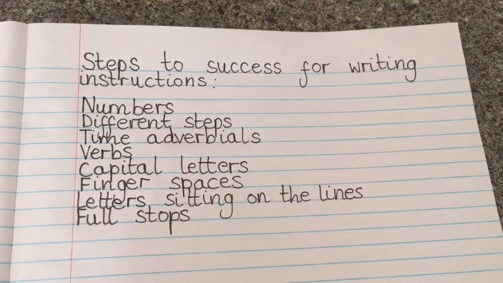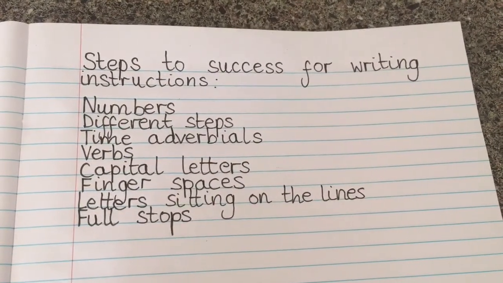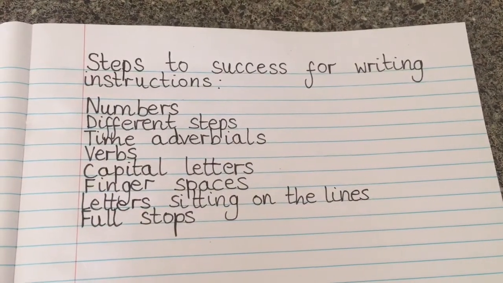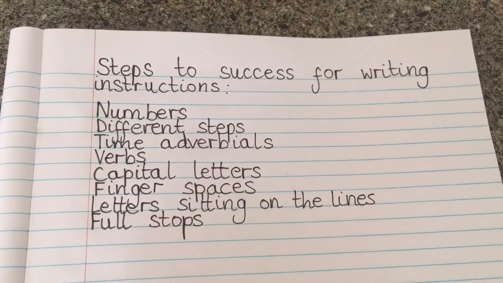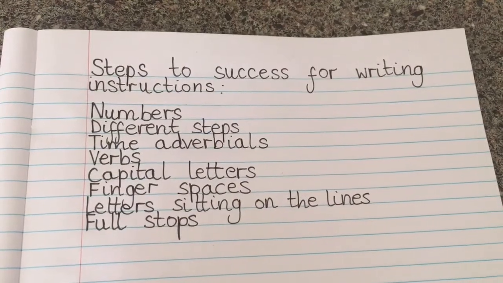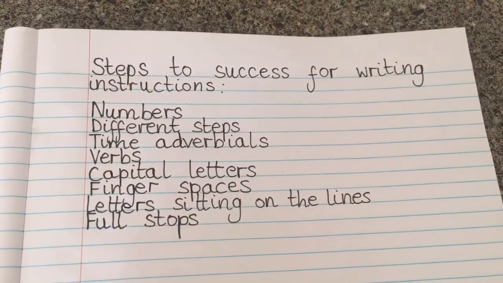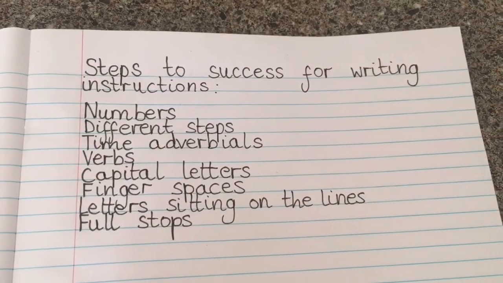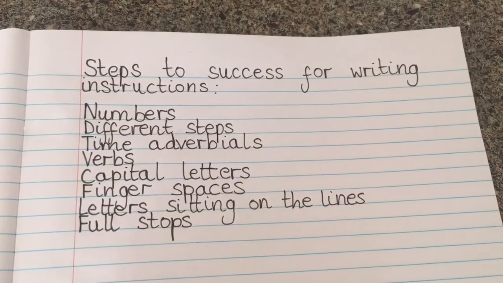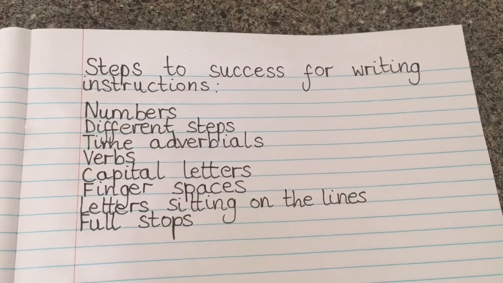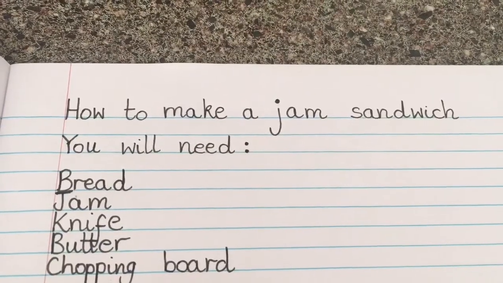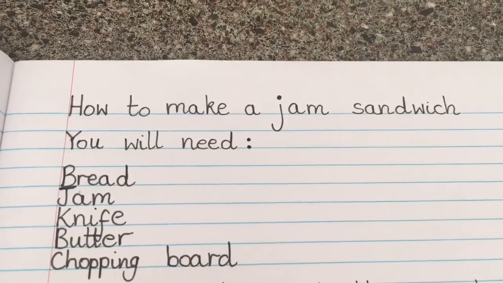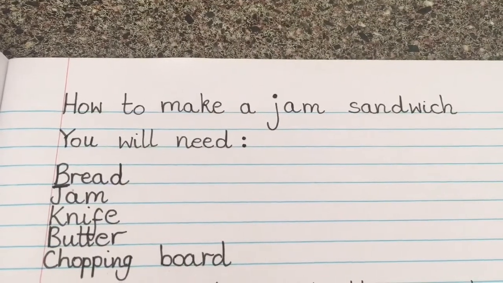So those last four are always important when we do our writing. We always must remember those four things. But the top four are specific to instruction writing. So when you write your instructions, everybody, make sure you include these steps to success to write a fantastic set of instructions. So I've started by writing my title, how to make a jam sandwich,